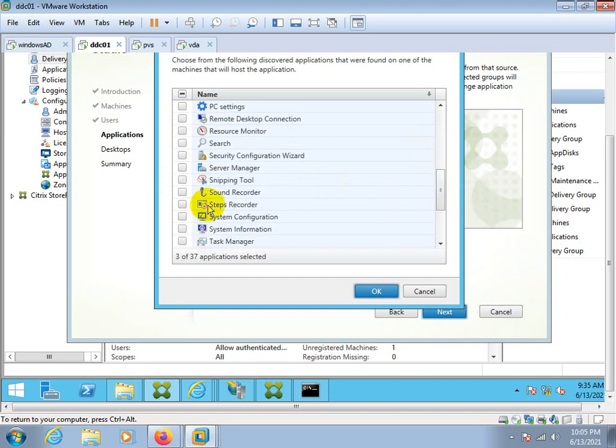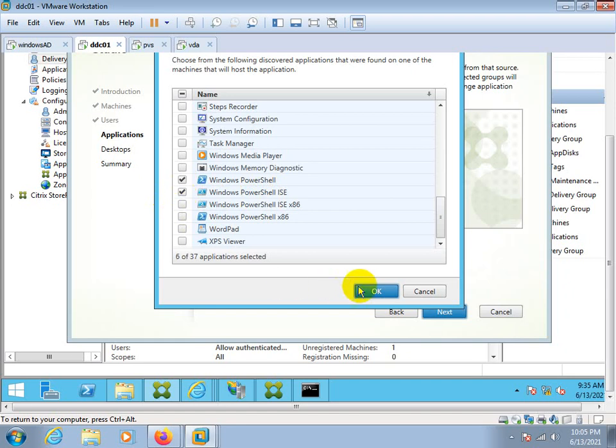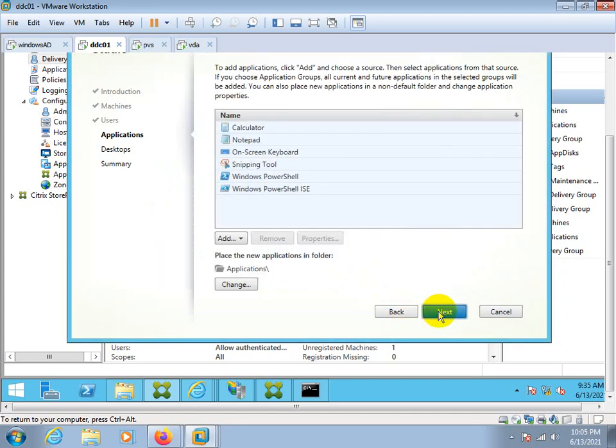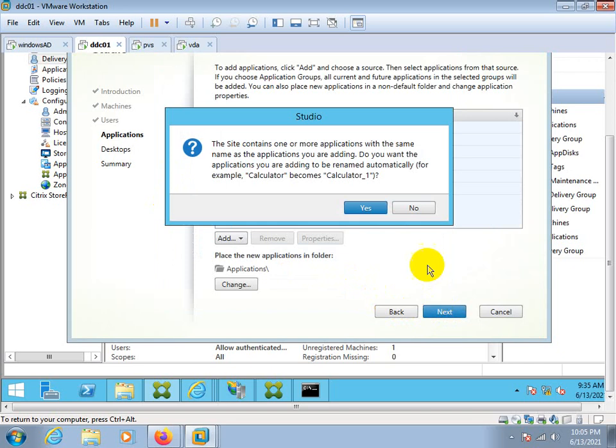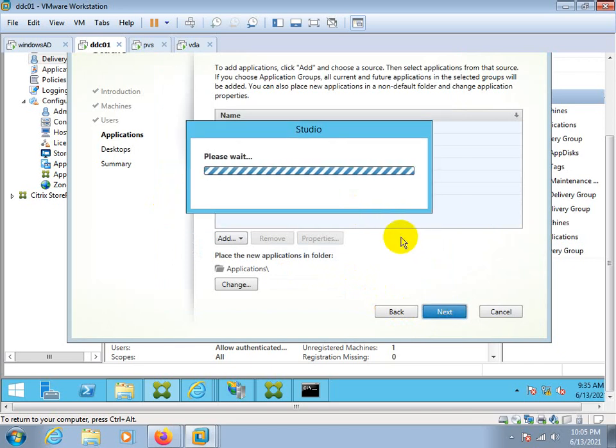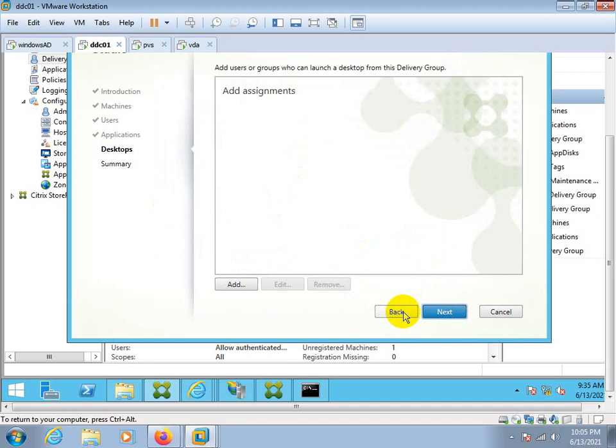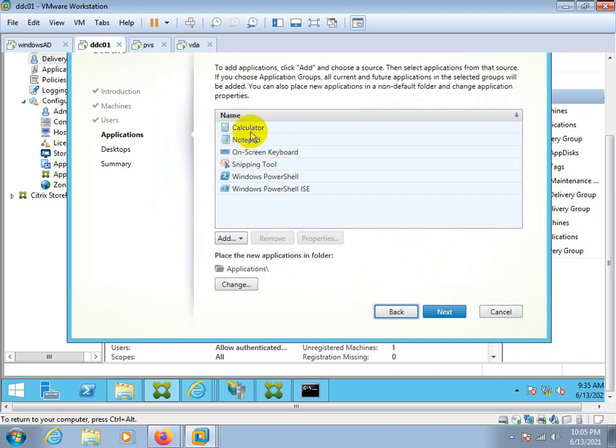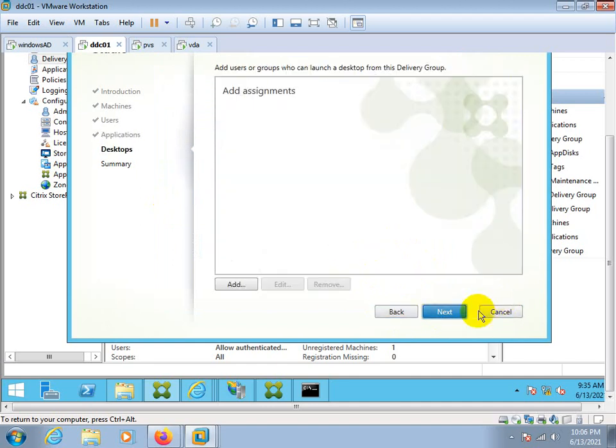This one is snipping tool and PowerShell. Okay. Next. Yes, it automatically changed the name of the calculator as Calculator.